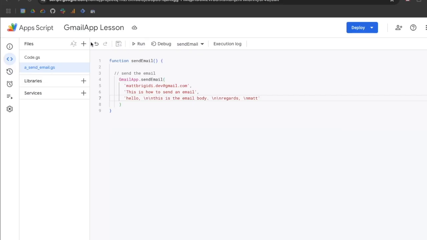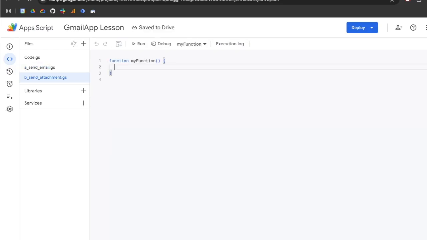We're going to continue by navigating to the Files menu, where we will add a new script file. I'm going to title mine b_send_attachment. And that's what we're going to be learning in this video. We're going to be learning how to send attachments using GmailApp. We're going to send 2 different types of attachments. The first is going to be a PDF that comes from a Google Sheet, and we're also going to be